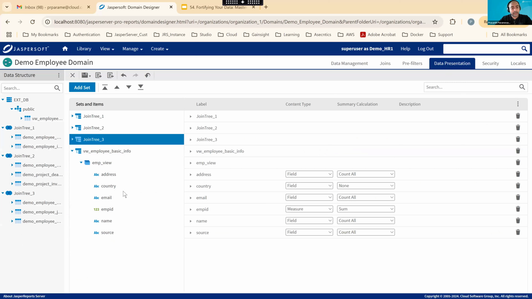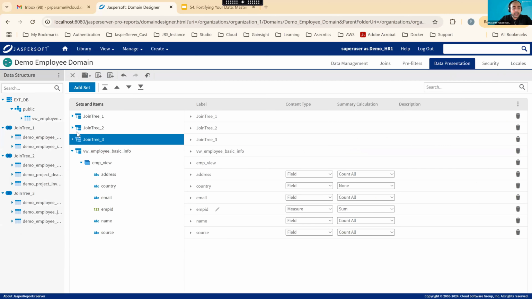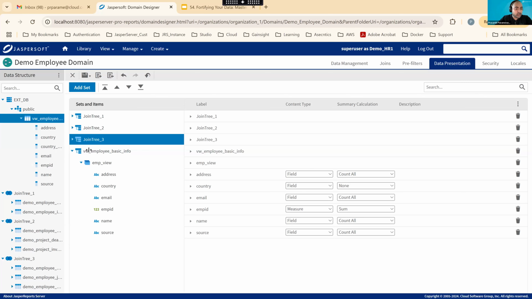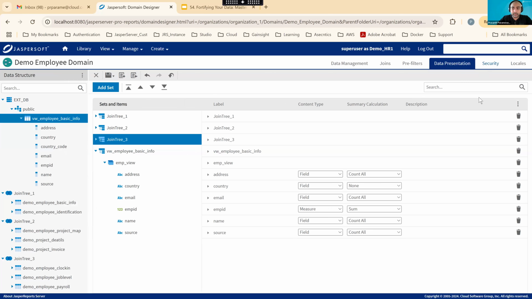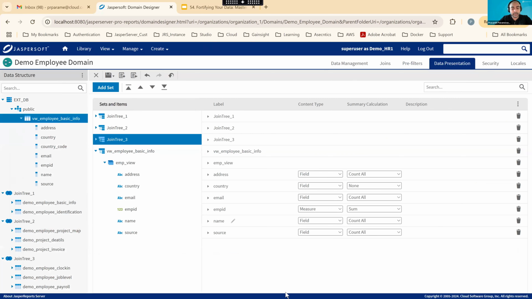So we were seeing if there is a better way to do this, and fortunately there is. What we could do is that even though the country code is not part of the data presentation level, it is part of the actual view, right? So you could in fact use this country code here, and it works. I'll show that as well. It is exactly the same rule, no difference. The only thing is, instead of join tree one, I'm using the view employee basic information, which is nothing but the view which I created from the database. So let's save this